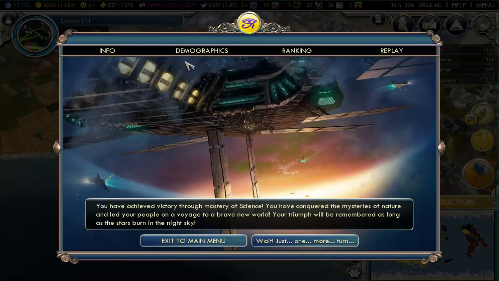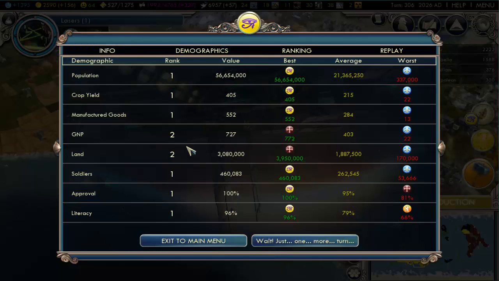Oh yep, we did it! Awesome. Now, here's something I want to see. We can go to the info, and look at the demographics and see where we ranked in the world. We had the most population, 56 million. Definitely huge there. We had the most food. We had the most